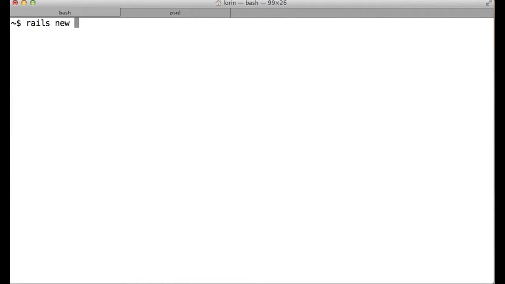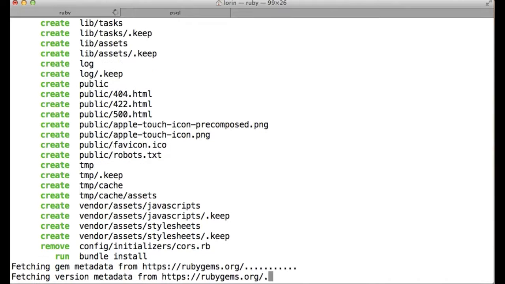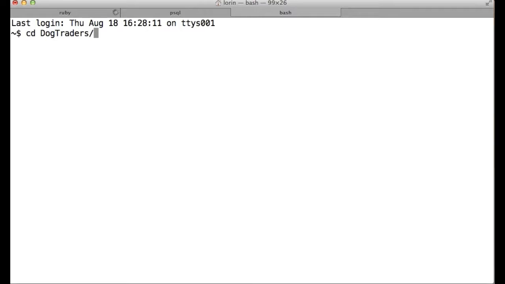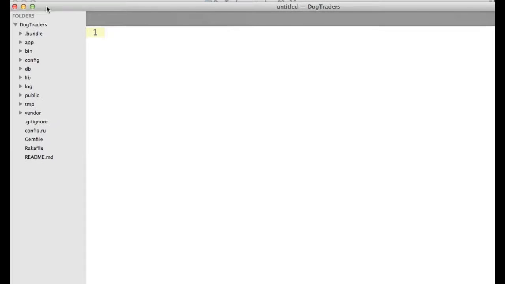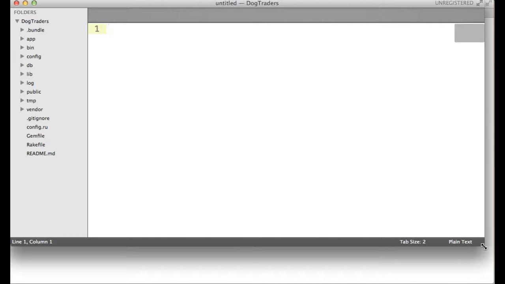So that's a little bit of the basis of today's discussion, and let's go ahead and build a project based on that. We'll do a rails new dog_traders, and we'll omit the normal unit testing and then put in our own in a moment. We'll also use PostgreSQL for the database. We'll let that simmer for a little bit. As that's moving along, I'll open up an additional terminal window and go into dog_traders from within a text editor. We'll modify the Gemfile just a little bit